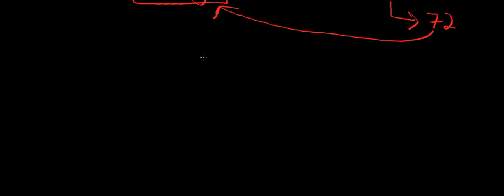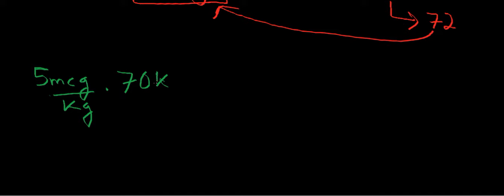So what we can do is, as I explained before, a little bit of dimensional analysis. We have 5 micrograms per kilogram. I'm not going to worry about the minutes just yet because we want the rate, so I'm not even going to include the minutes there. We multiply 5 micrograms per kilogram by the patient's weight, 70 kilograms. You see the kilograms cancel out, and what is 70 times 5? Well, that is